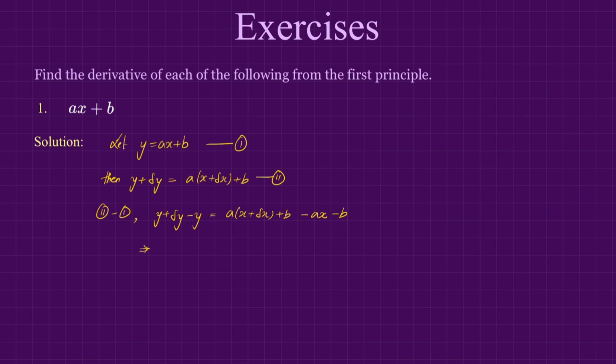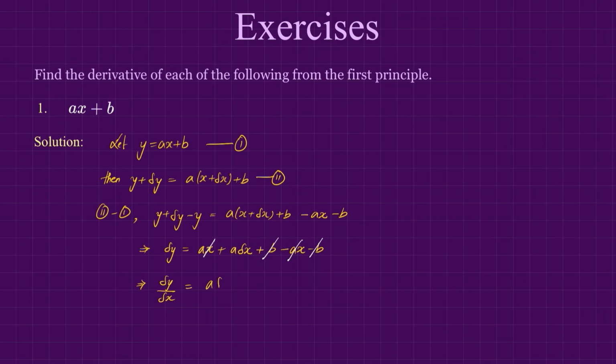This implies y and y gets 0, so delta y equals to a into x is ax plus a into delta x is a delta x plus b minus ax minus b. Here minus b plus b gets 0, plus ax minus ax gets 0. Okay. Now let us divide both sides by delta x, then we will have delta y over delta x equals